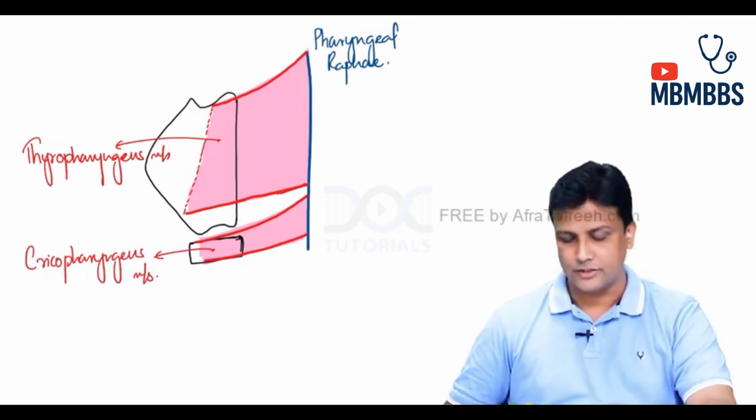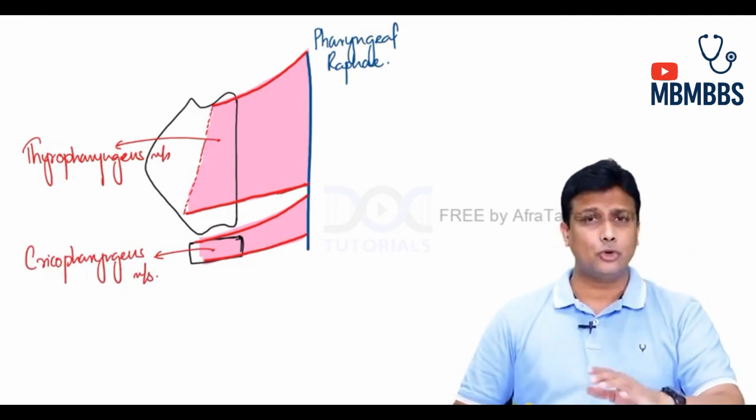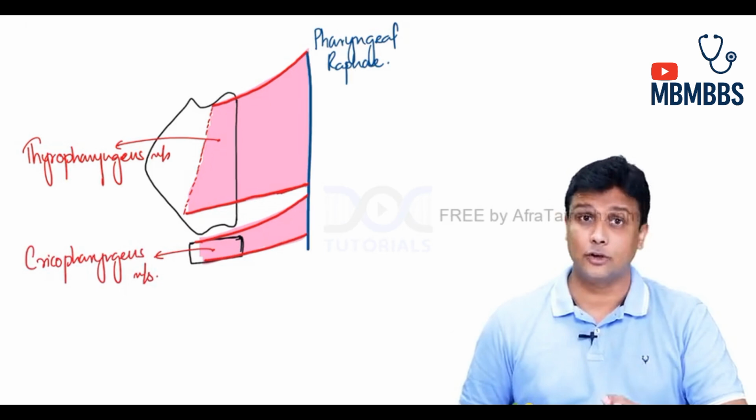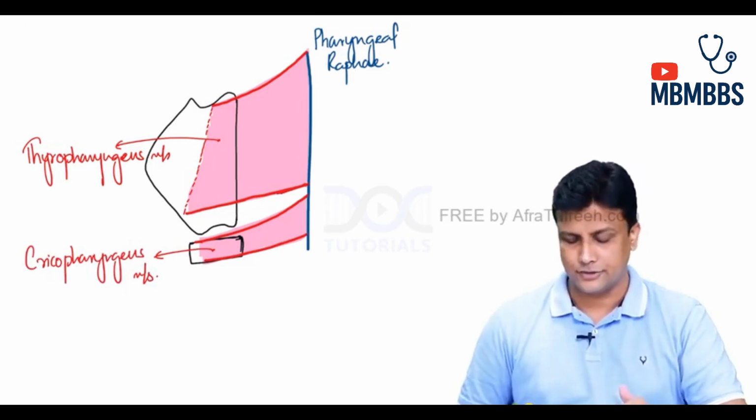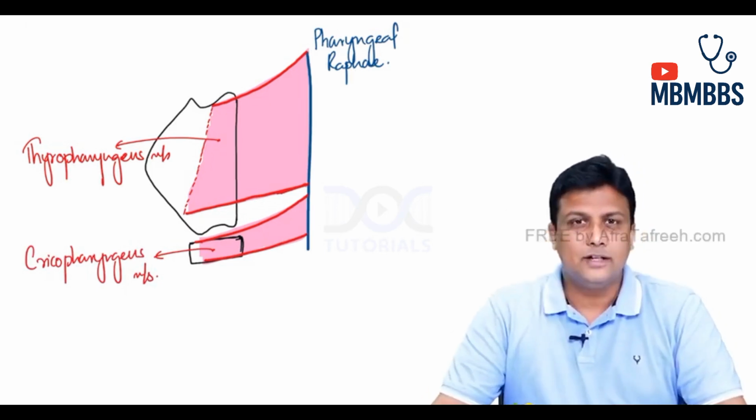Cricopharyngeus muscle, guys. Thyropharyngeus and cricopharyngeus. Both of them are a part of your inferior constrictor. Don't forget that one. Both of them are an inferior constrictor. Now, the problem here is that